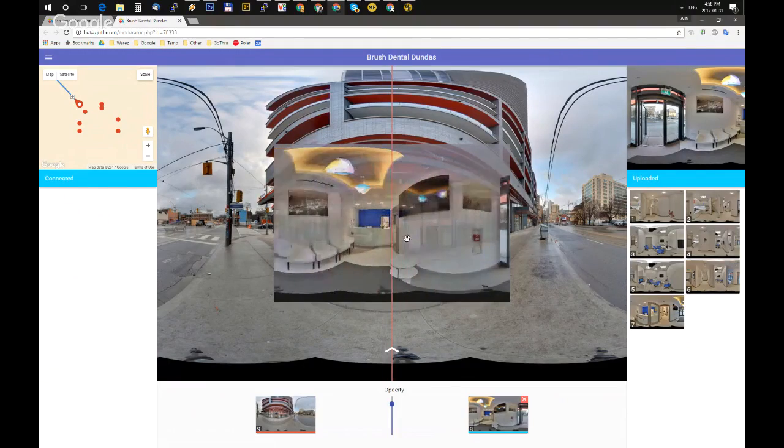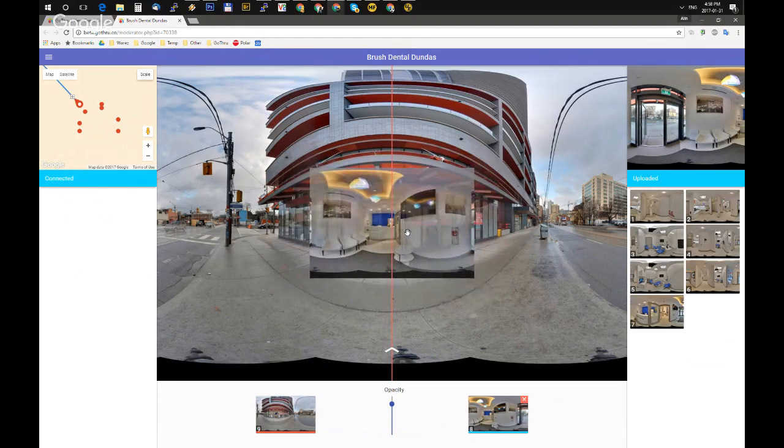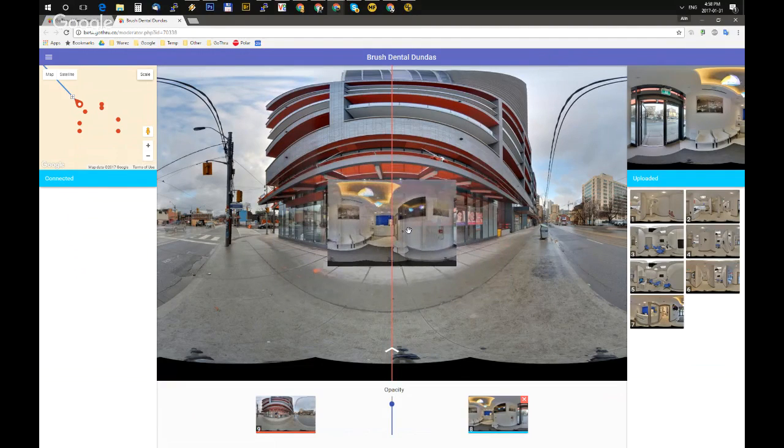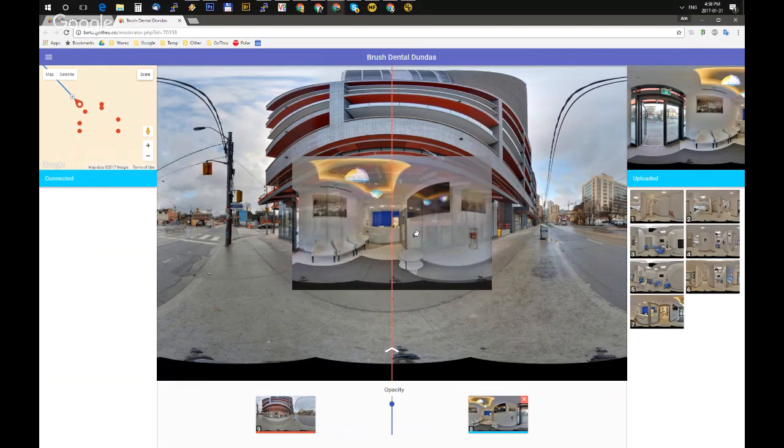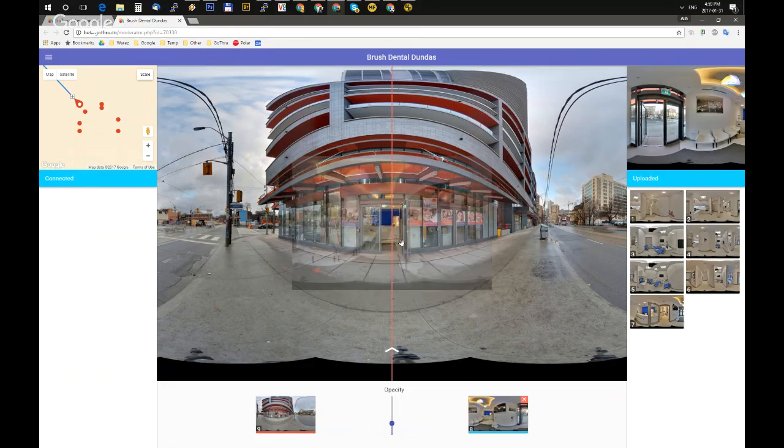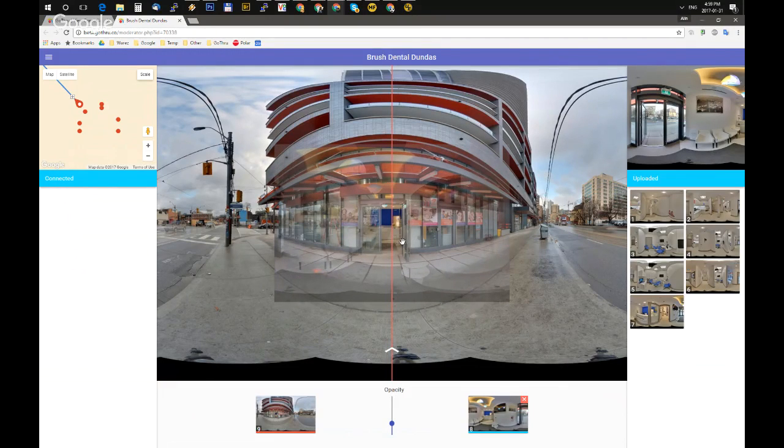Next we zoom in on this panel, and zoom out. We can use the keyboard keys from 1 to 0 to change the transparency of this panorama, and we want to try to match these features in here.